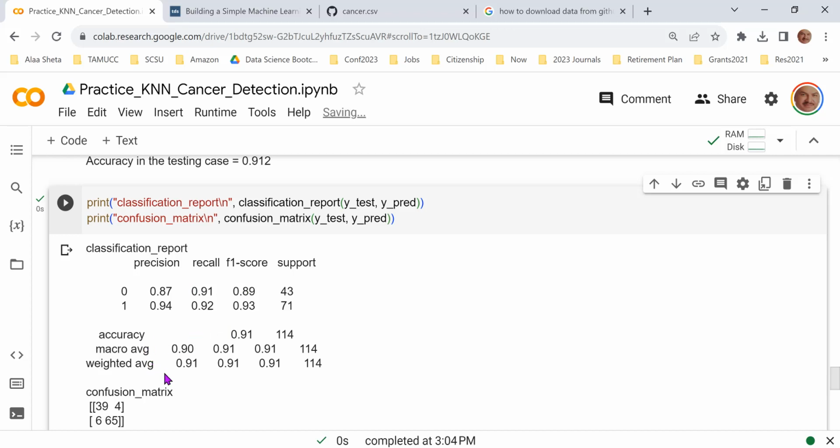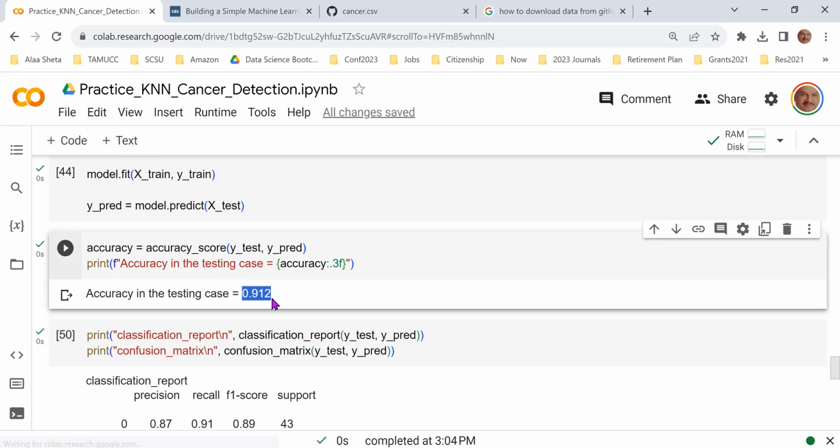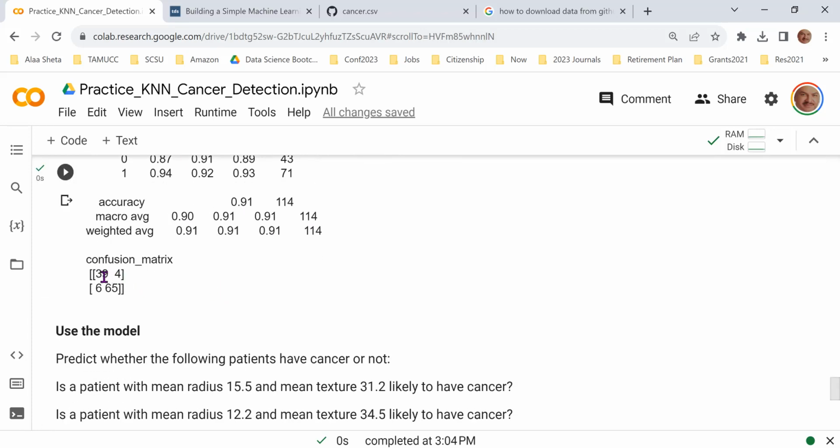And here is the accuracy. Forget about the macro average and weighted average right now, but this is accuracy, it's 0.91. Again, we calculated the accuracy here, it's 0.91. And then this is a confusion matrix. It's a square matrix, because we have only two classes, 0 and 1. And here the columns show the performance, the true positives and the true negatives in each case. But this doesn't maybe look